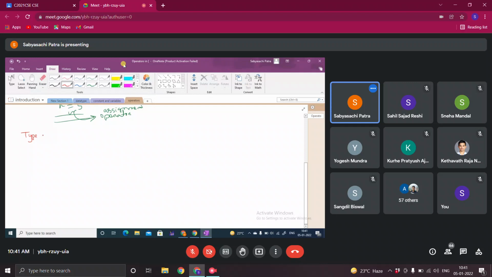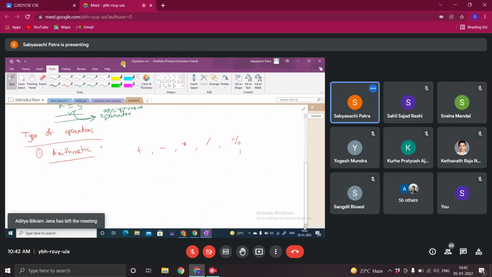The first one is the arithmetic operators. Arithmetic operators include plus, minus, multiplication, division, and modulo division.